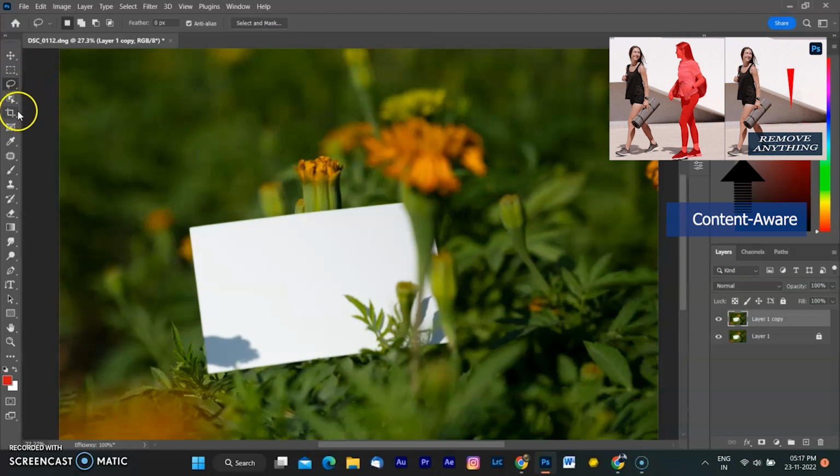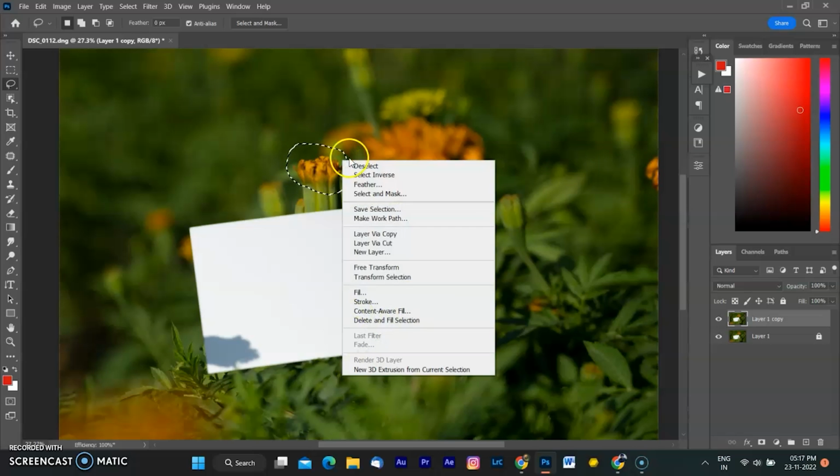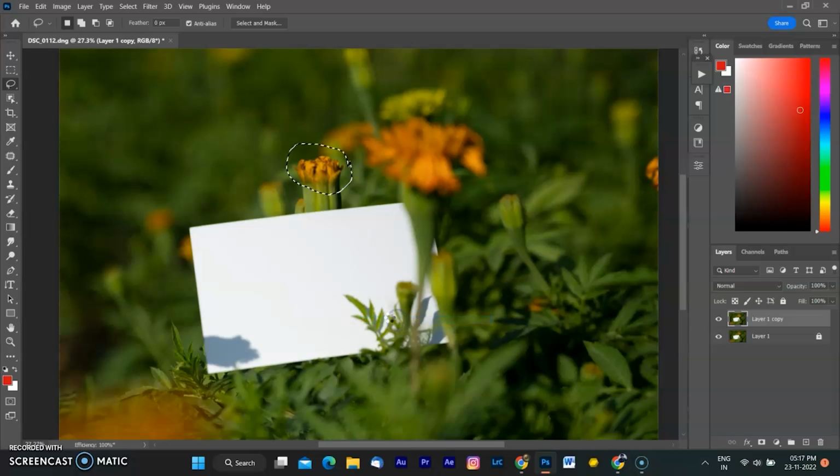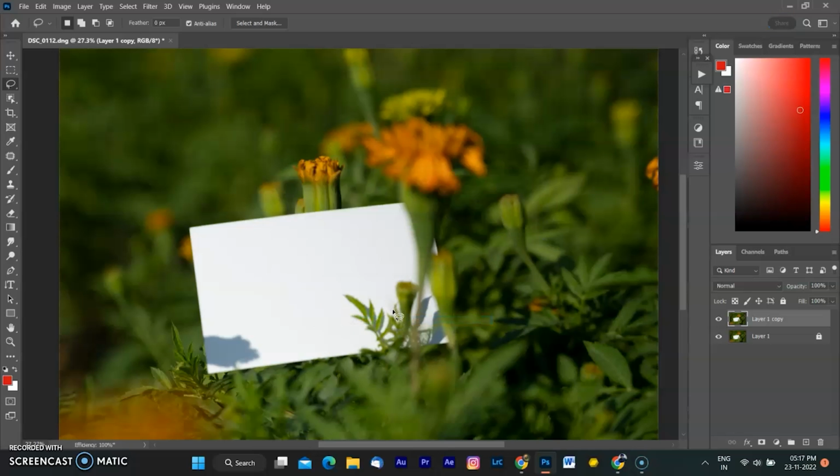If you are working with the lasso tool or any other Photoshop selection tool, you can delete the selection with one click or use right click of the mouse to access the right menu. Select delete selection to delete unwanted objects from your image. When you select the fill, Photoshop will select details from the surrounding areas of the image.